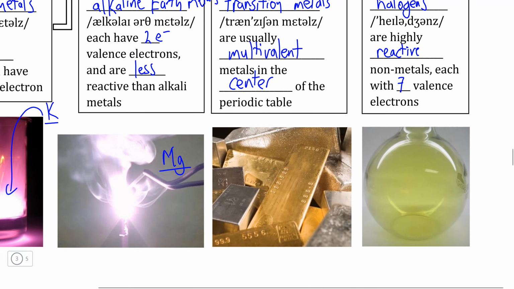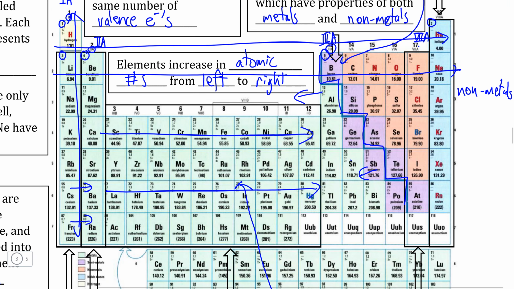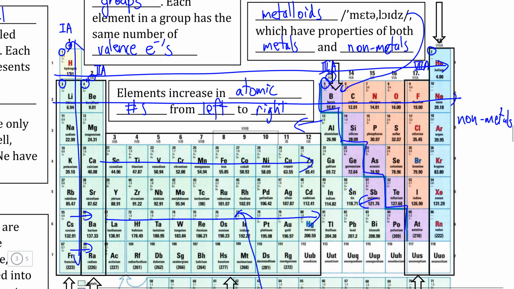For example, this green gas here is actually chlorine gas, which has been outlawed by the United Nations for its use as a chemical weapon during the First World War, because soldiers that breathed this gas in found themselves violently choking as this gas melted their lungs from the inside out when it reacted with water in order to produce acid that dissolved them from the inside out. And many other halogens also have very dangerous properties to them, which makes them scary to handle but very interesting to study as chemists,